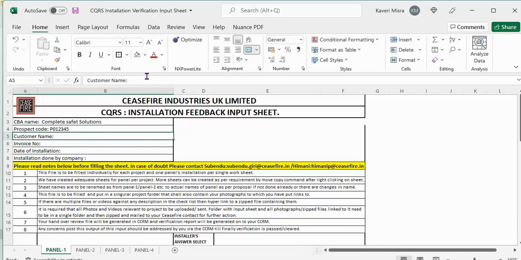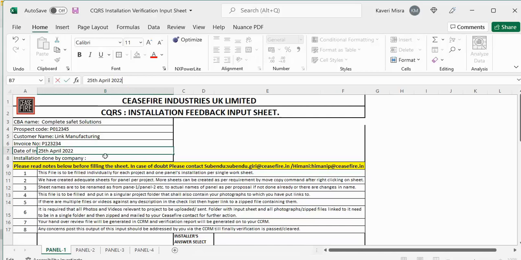The customer name is Link Manufacturing. In case you have given a reference number, please use that. The invoice for this particular case is P123234. Date of installation, 25th April